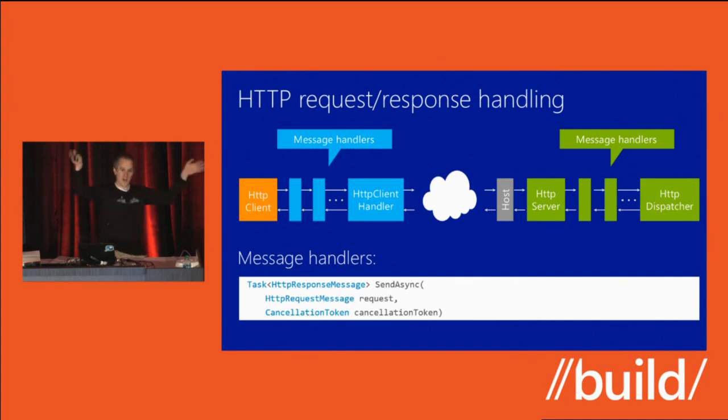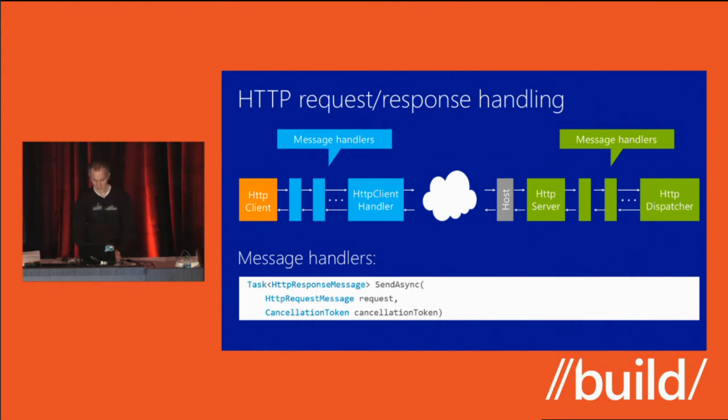That was the boxes and arrows diagram you saw previously, where we pick a controller, we pick an action, we parameter bind, call it, and it comes back down. But they're all just message handlers. So you can actually take our HTTP server and hand it right to HttpClient and run the whole pipeline end-to-end directly in memory. We've written the hosting layer, obviously, for ASP.NET and for IIS. We also wrote a simple one that just has a tiny HTTP listener at the bottom so that you can host web APIs in any process.